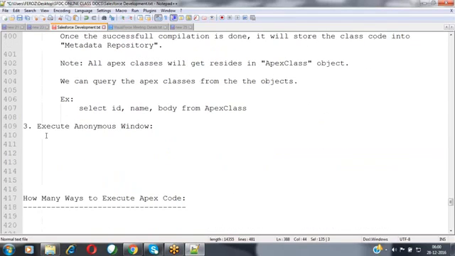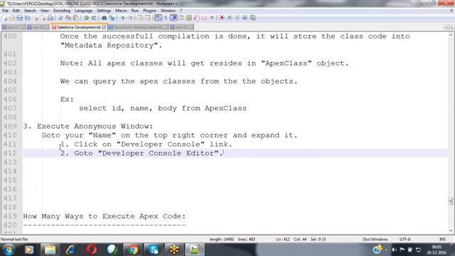When coming to the execute anonymous window, it will provide a flexibility like an immediate window. Whatever code you want to write and execute, we can write and execute from the same place itself.